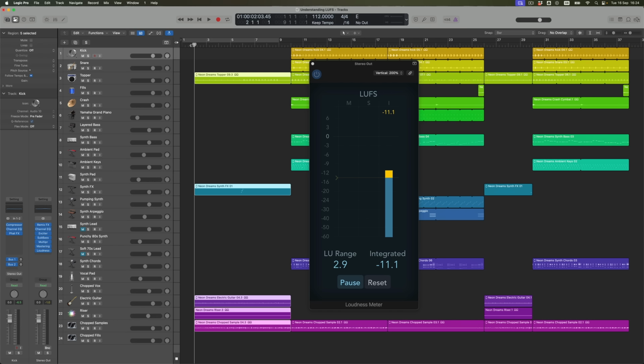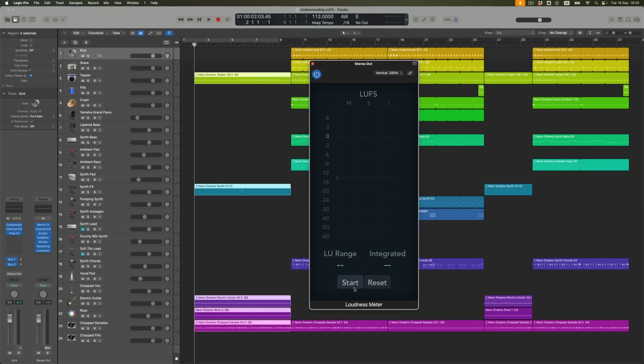We've discovered by running the loudest bit that the integrated LUFS measurement is at roughly -11. In other words, 3 decibels too loud for Spotify. If I uploaded this track, Spotify would turn it down. But I don't really want Spotify to turn it down because I want this track to be loud and punchy and as big as it can be. So what I'm going to do is reset this measurement, come out of pause and reset, and we're going to run it again.